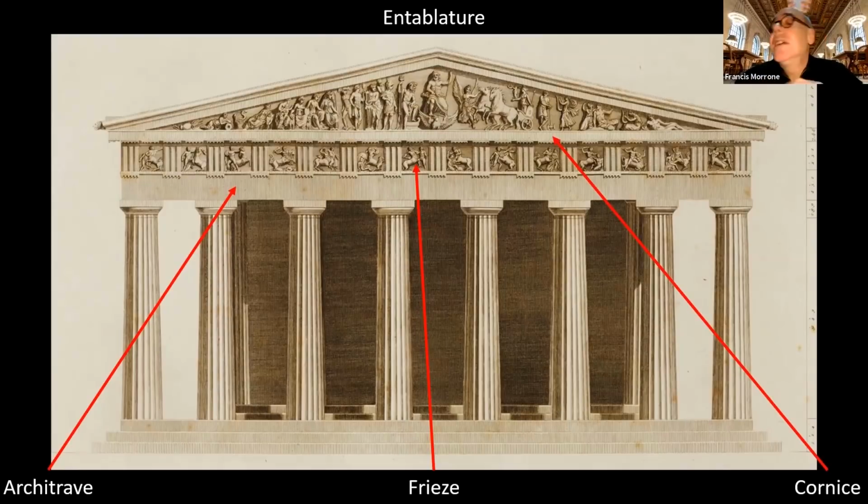An entablature in classical architecture is divided into 3 horizontal sections, and each one of these sections has a name. There's nothing in architecture that doesn't have a name. The 3 horizontal divisions of the entablature are, right above the columns, the architrave. Right above that, the frieze. And in the Doric order, the frieze is decorated. We'll get to that in a second. And then above the frieze is an overhanging eave that we call a cornice.